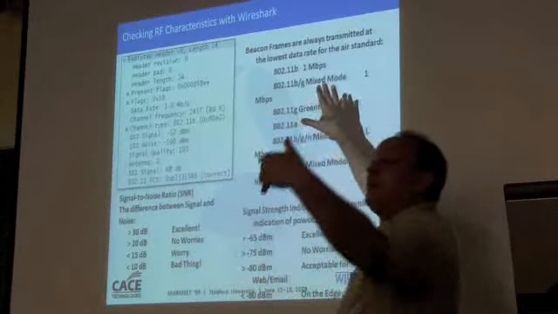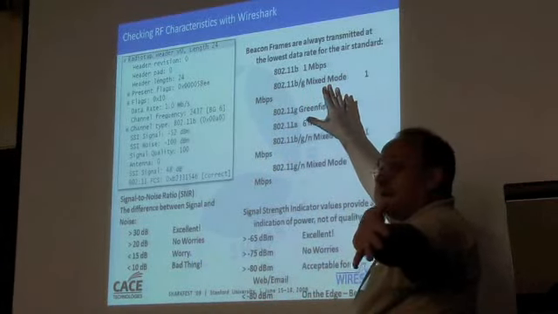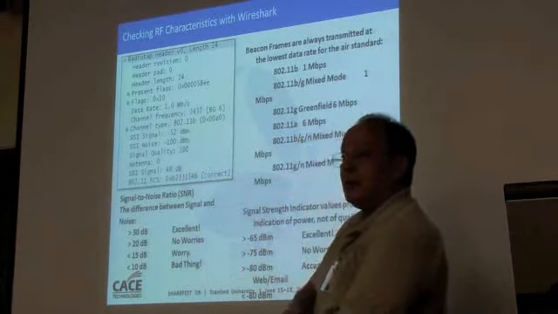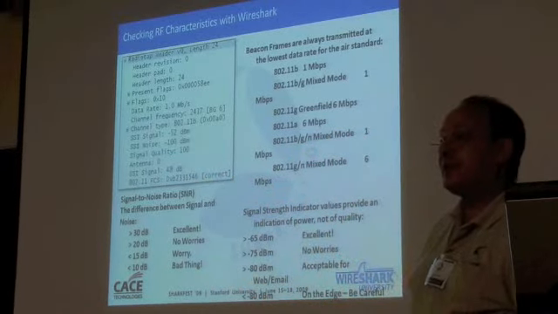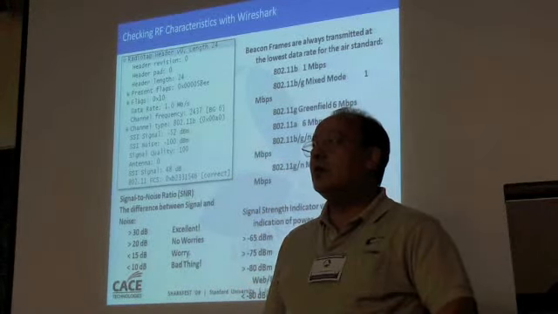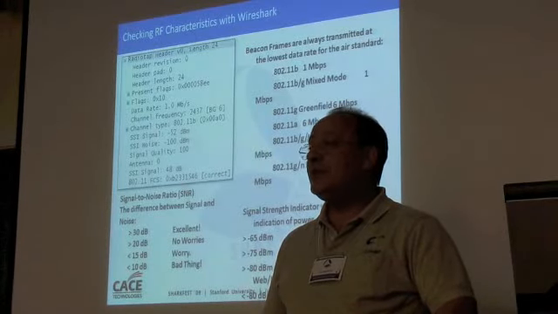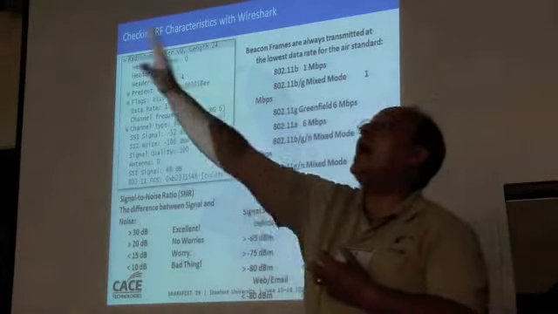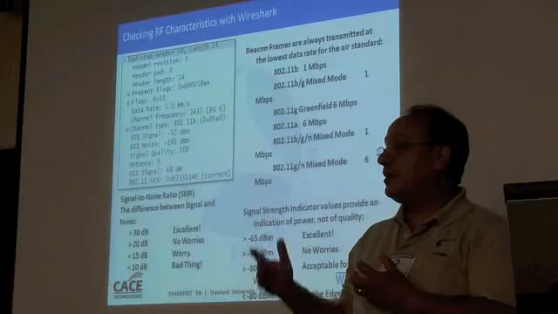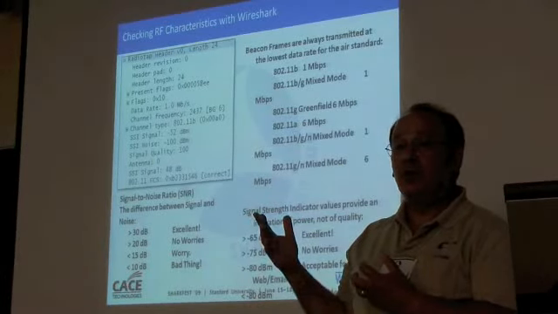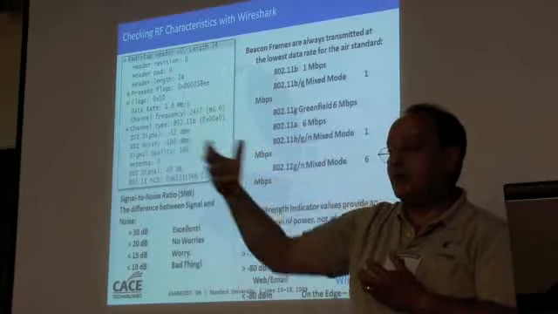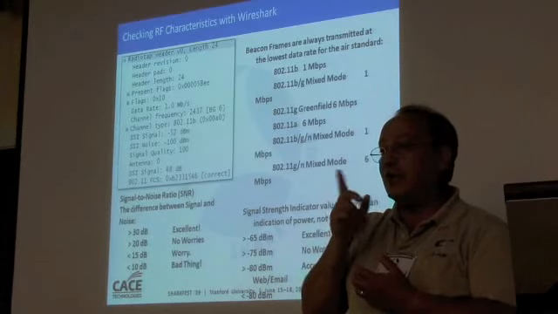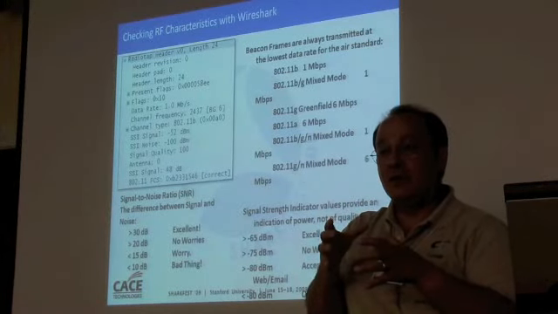All right? So I look at the beacon traffic, and I get a sense of what's out there. Also, in the radio tap header, I can see the signal and I can see the noise. That is the signal and the noise that were discovered during the receipt of this packet. It has nothing to do with what happened out there, because of the laws of physics, you can't measure what's out there. You can only measure the effect of the electromagnetic signal inducing a current into the antenna in your device.